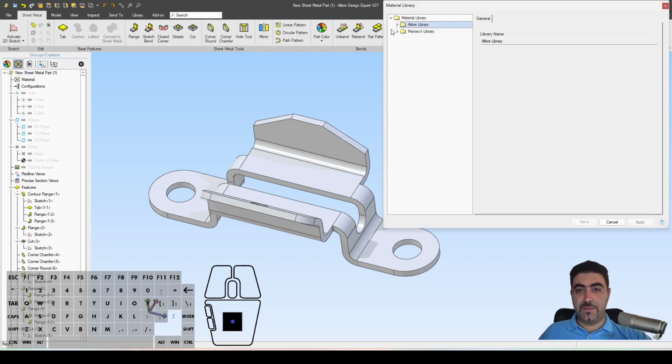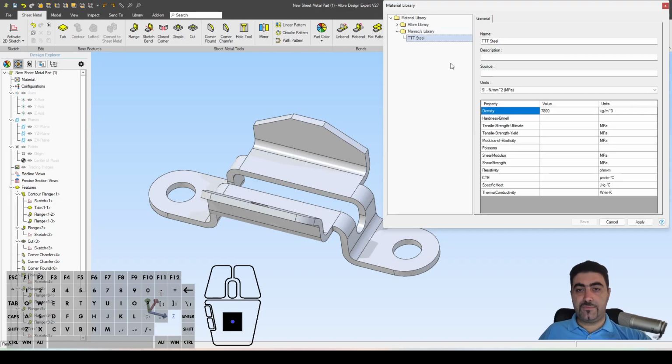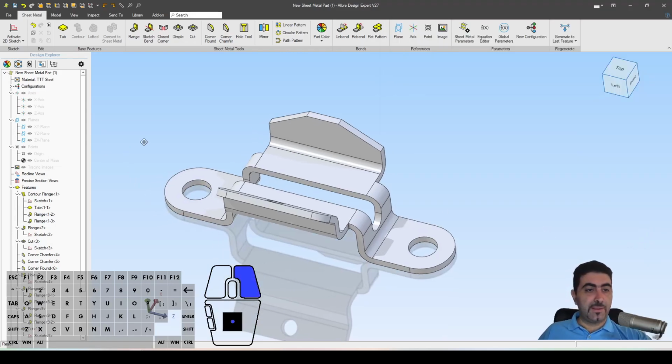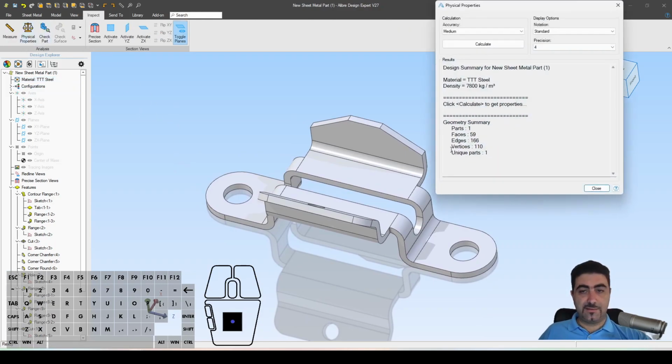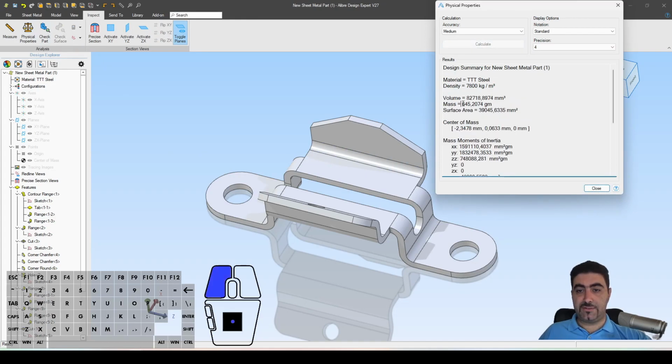Oh, sorry for that. As soon as you paste into the folder and you click on the material you've pasted, you can change the name, density, hardness, whatever. It is now an editable material. So while I have it selected, I just click apply. And now the material has been applied. You can see it here. And now I can check out the physical properties, calculate, and I get a mass of